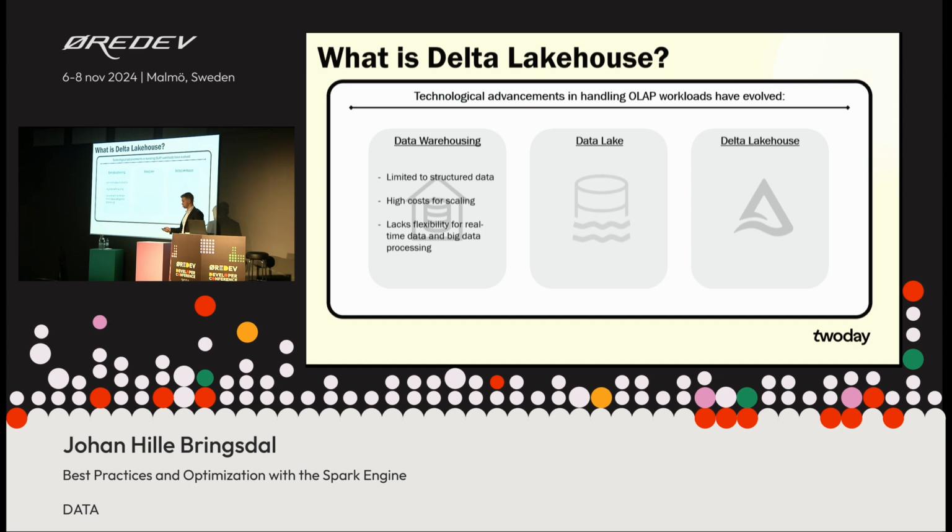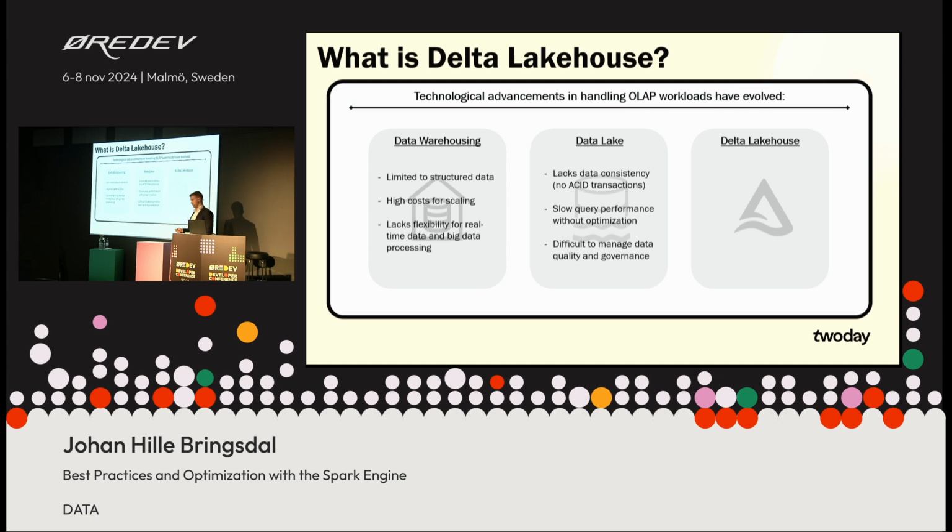With data warehousing, you're quite limited to structured data. There's quite a high cost for scaling, whether you're having an on-prem service or in the cloud. And it lacks some flexibilities when it comes to real-time data and very big data processing. The Delta Lake lacks consistency in terms of no ACID transactions that we also know from the data warehousing. It has slow performance because it does not have the same type of optimization, and it's quite difficult to manage